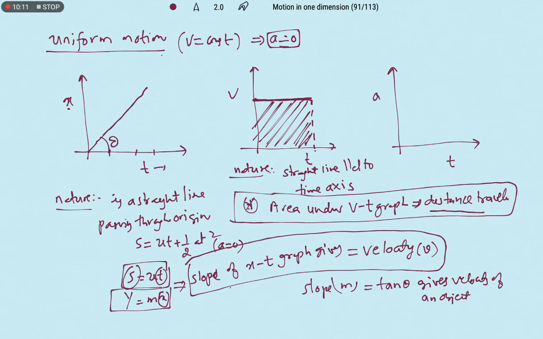Then what about the at graph for uniform motion? Acceleration is 0, so we are going to get the acceleration as 0 like this. So this is the uniform motion graph for different parameters: position time, velocity time, and acceleration time. Now let us take